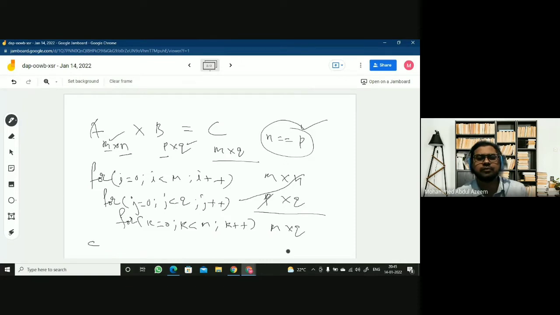Now the logic is Cij equal to Cij plus Aik into Bkj.